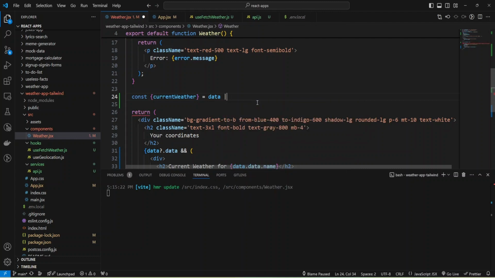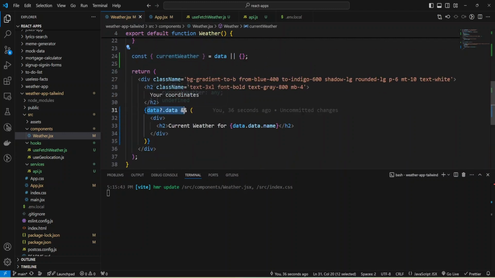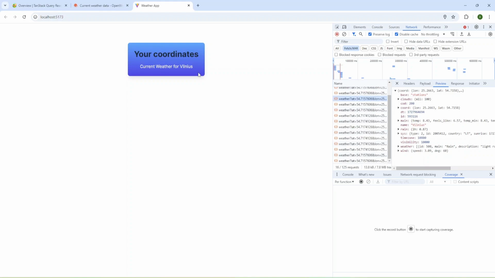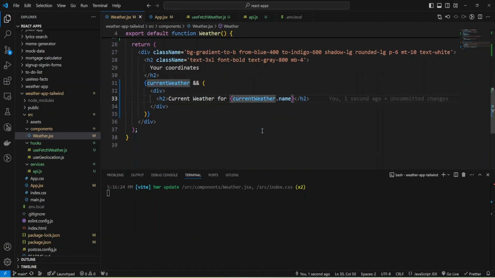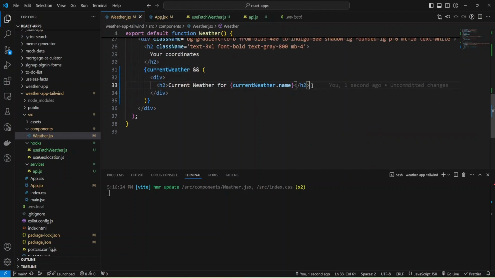And if we don't have data, let's try an empty object. And now we can use our variable instead of this data and provide here currentWeather, and let's check. Okay, we have our text, and I'm going to add more JSX. Let's add some styles.